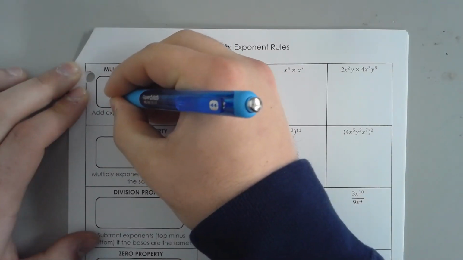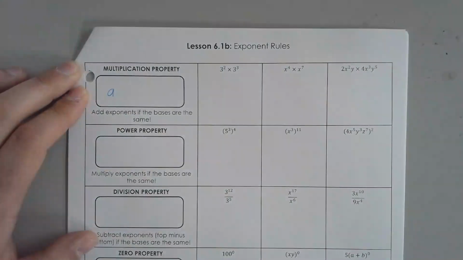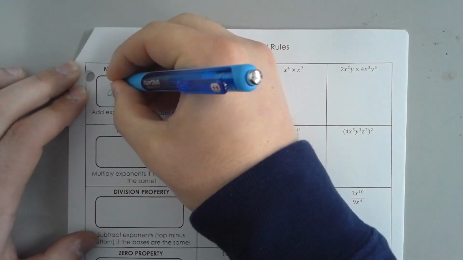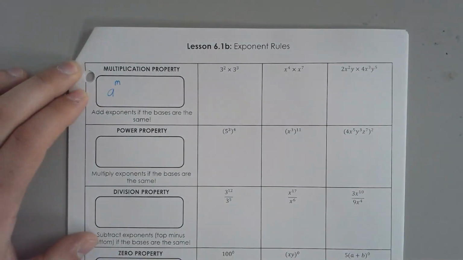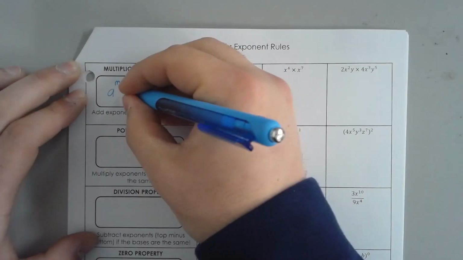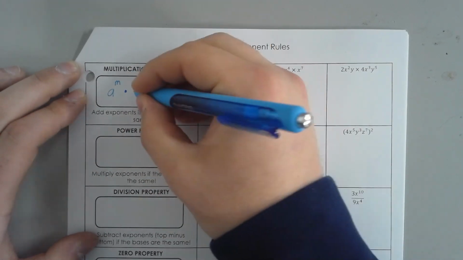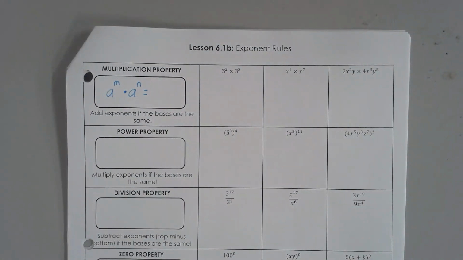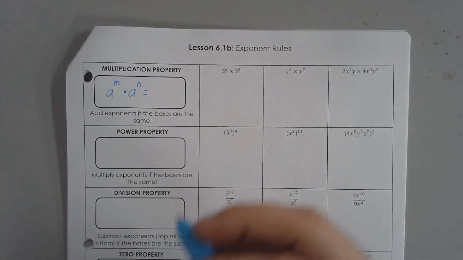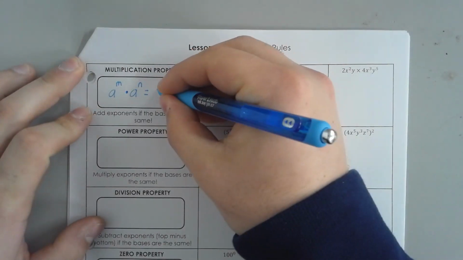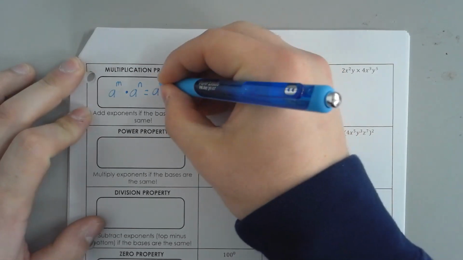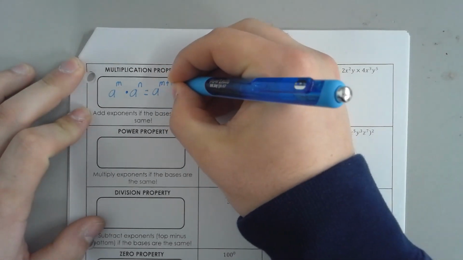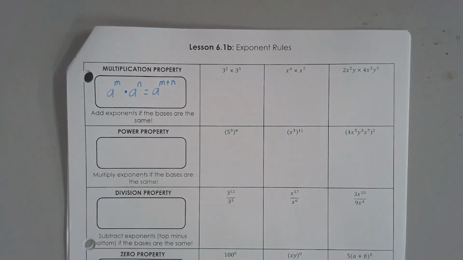Say we've got A just represents a number, and it's raised to the power of M. And that's going to be multiplied by number A raised to the power of N. So those are just two numbers that are raised to an exponent. If you multiply those together, your answer is going to be A to the M plus N. So your number, your A,